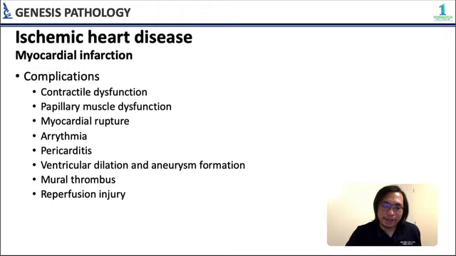Now, if you have ischemia of your papillary muscle, that can cause papillary muscle rupture. And usually, you can have new onset valvular regurgitation, usually mitral regurgitation. New onset valvular regurgitation. Okay? Myocardial rupture. Pwede,